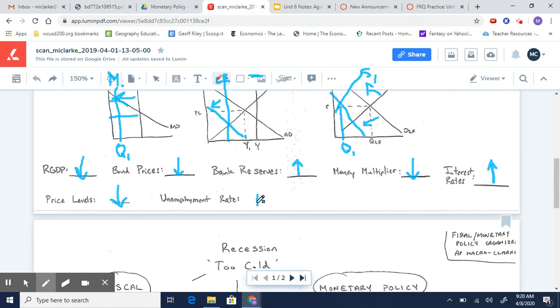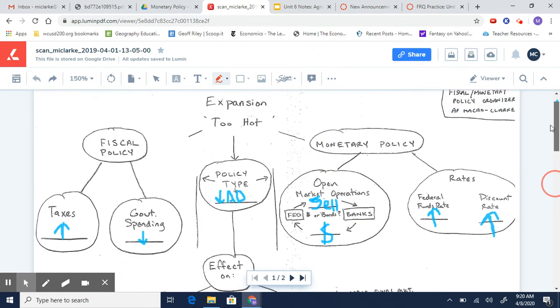And the unemployment rate would rise. Because with the fall in aggregate demand, that means businesses are starting to cut back. More people are out of work. Anytime real GDP is falling, the unemployment rate is rising. Businesses are producing less, so they need less workers. Okay? All right, so that's what our government